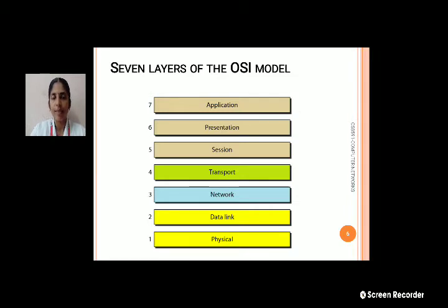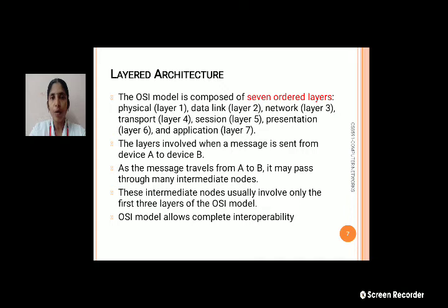We will discuss each layer and how it influences communication over the network. Before that, let us discuss the layered architecture, which is composed of 7 ordered layers, from physical and data link up to the application layer.